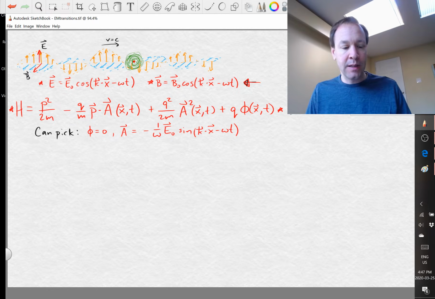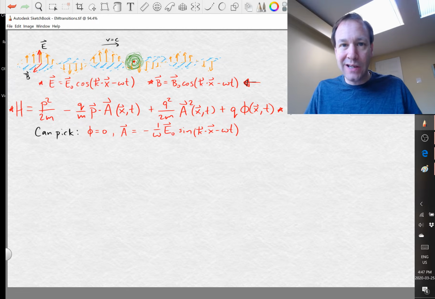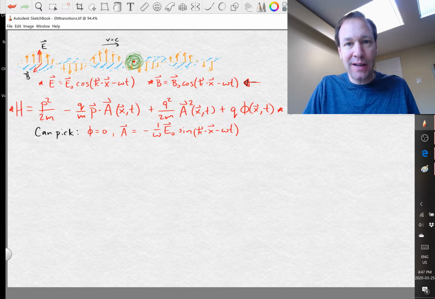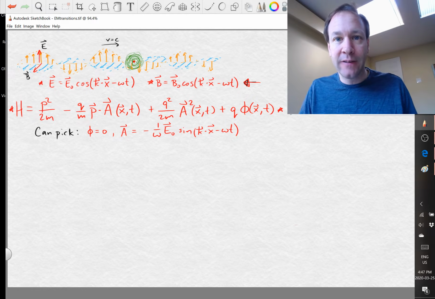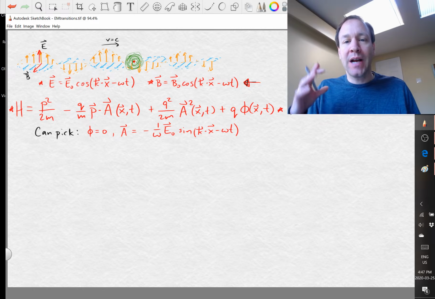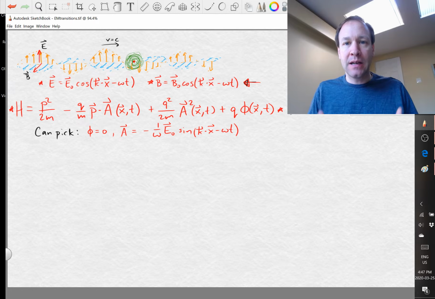Okay, now, in principle we're done. We just use this form for the vector potential and that form for the scalar potential and plug that into the Hamiltonian above. But we're actually going to simplify things by making an approximation